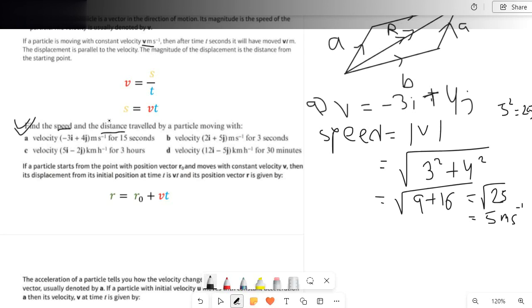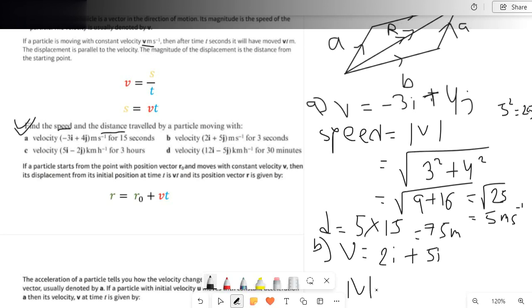And also we have to calculate the distance traveled by the particle in those 15 seconds. Therefore we can say that distance is equal to speed times time, so 5 times 15, which is 75 meters. For number B, v is given as 2i plus 5j, and so similarly the speed will